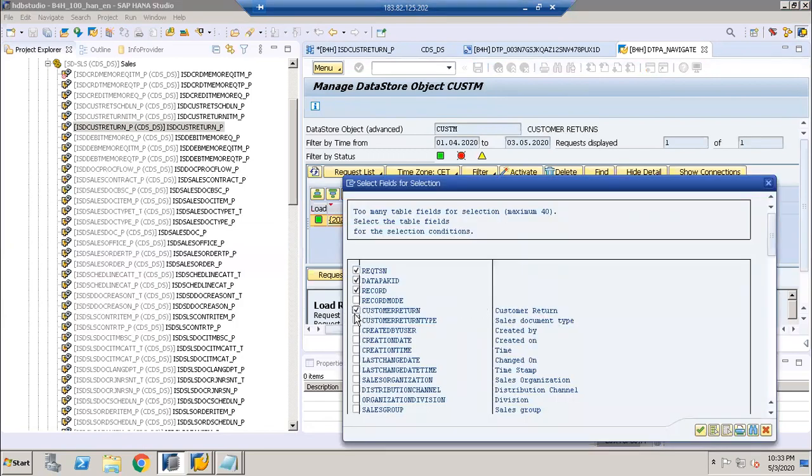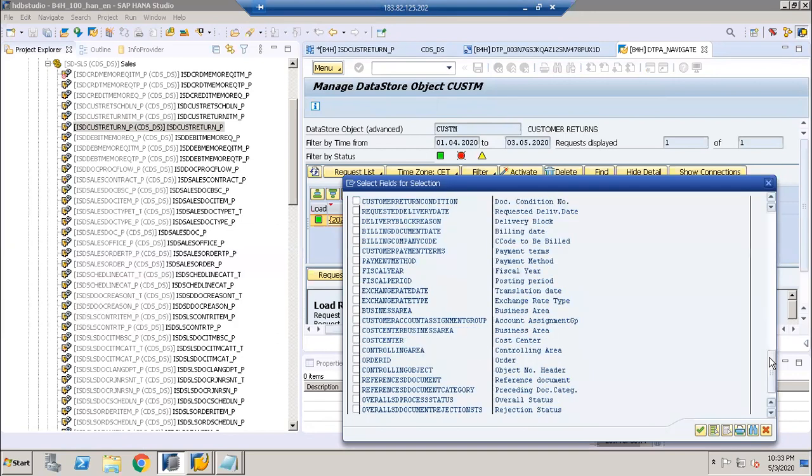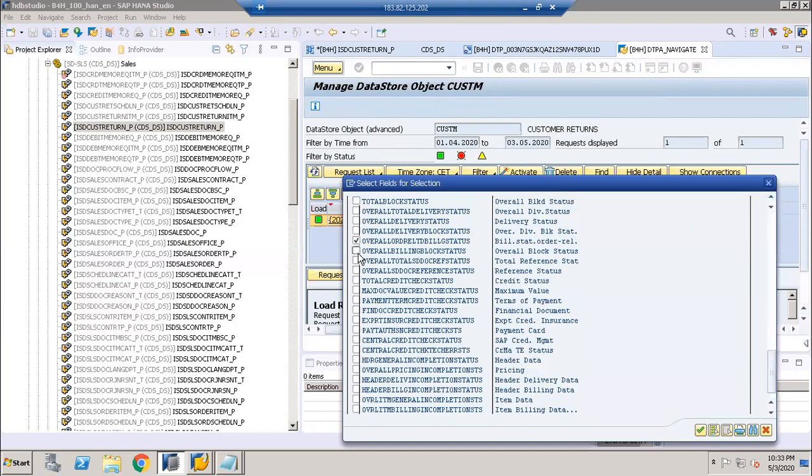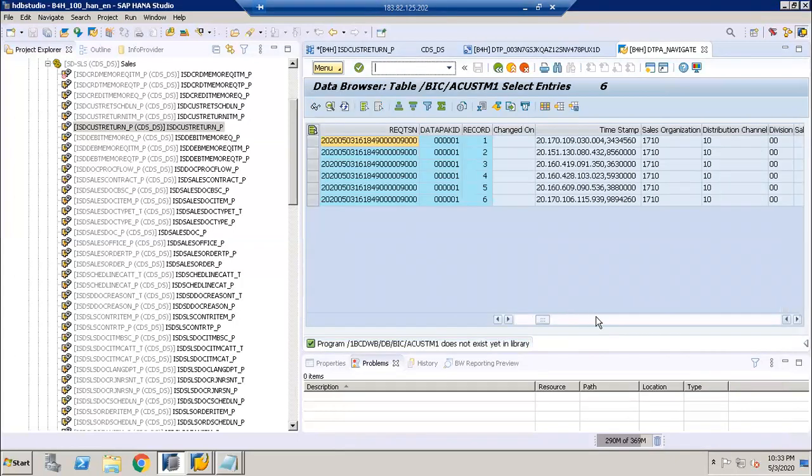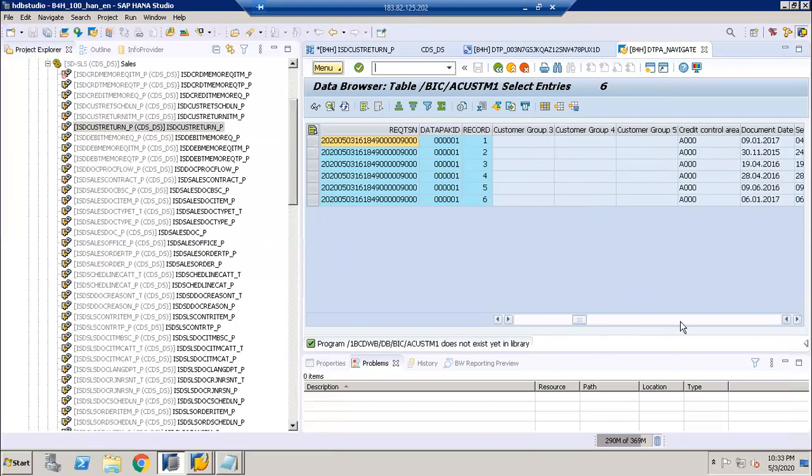Just select it, it returns a few items: changed sales or organizational division, item data, header delivery data, header billing data, and also header information. So this is the data which is present in the inbound. It is a new table.